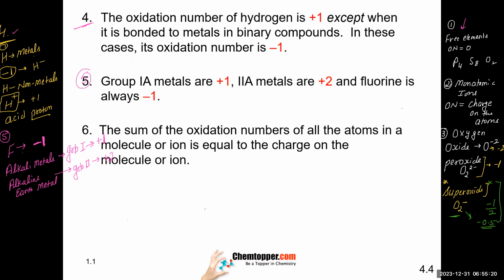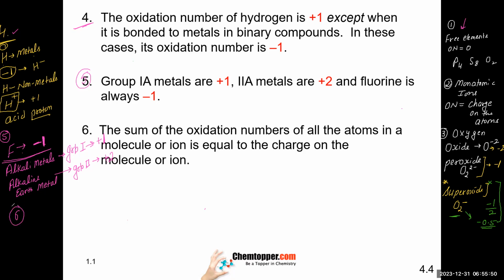Rule number 4 is for hydrogen. If it is bonded to metal, minus 1. If it is bonded to non-metal, plus 1. Rule number 5 is alkali metals, alkaline earth metals. They have fixed oxidation numbers, and fluorine is also fixed. Chlorine, bromine, iodine, they are not fixed. They can show variable oxidation numbers. Now, rule number 6,